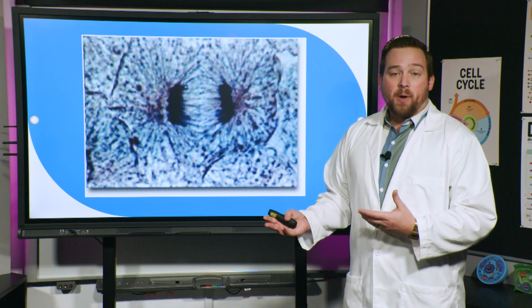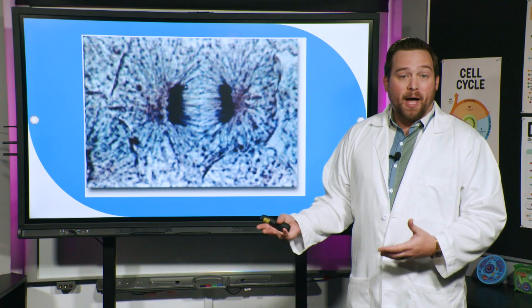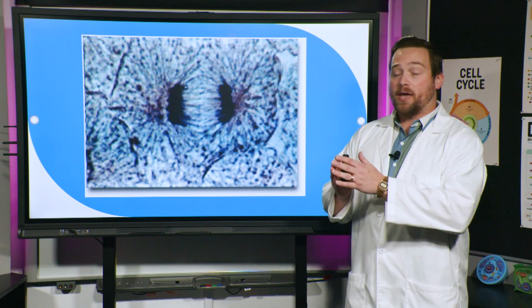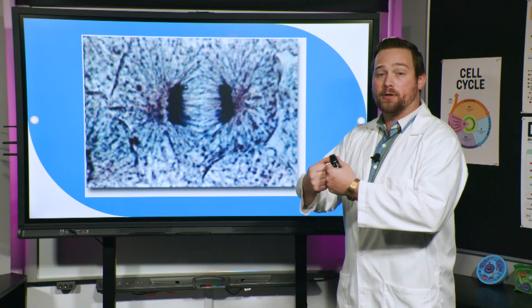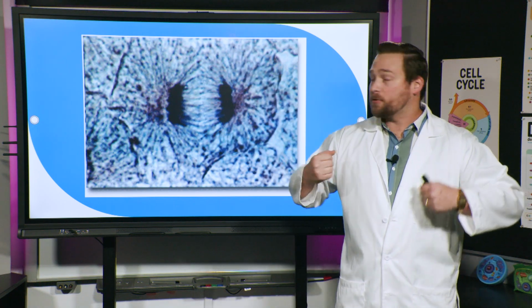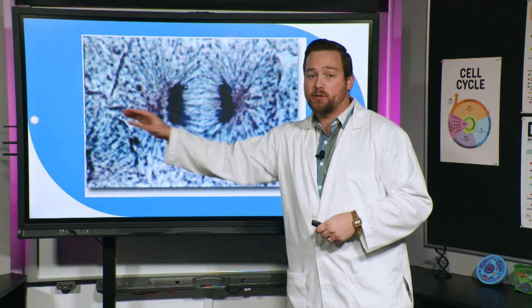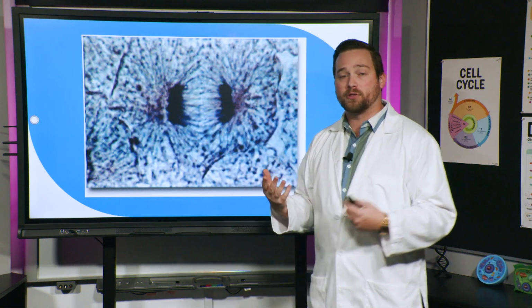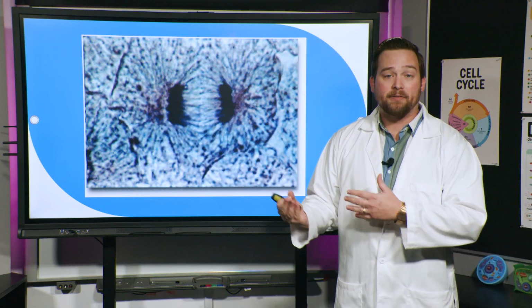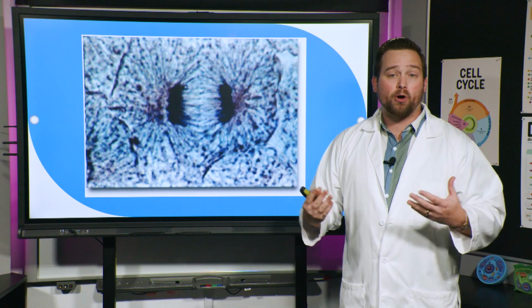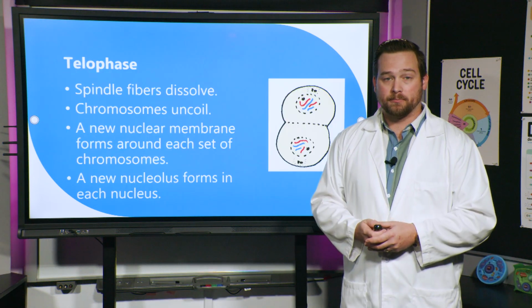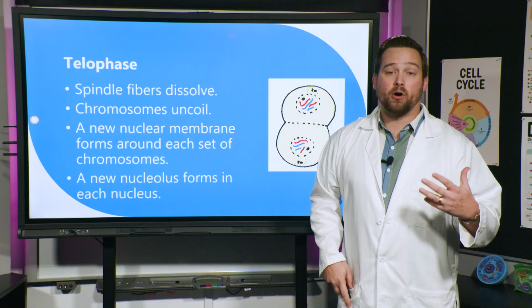This is what anaphase might look like in a cell under a microscope. You can see here they started off in the middle, but now those spindle fibers are pulling them away from each other, and so half of the chromosomes are going to go that way and half of the chromosomes are going to come this way. So again, anaphase: the chromosomes are moving apart or away from each other. All right, and then here's the last part of